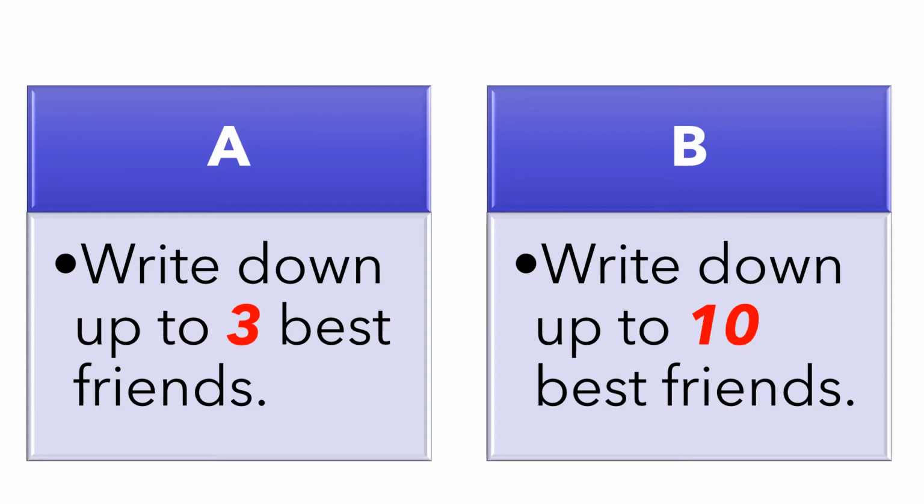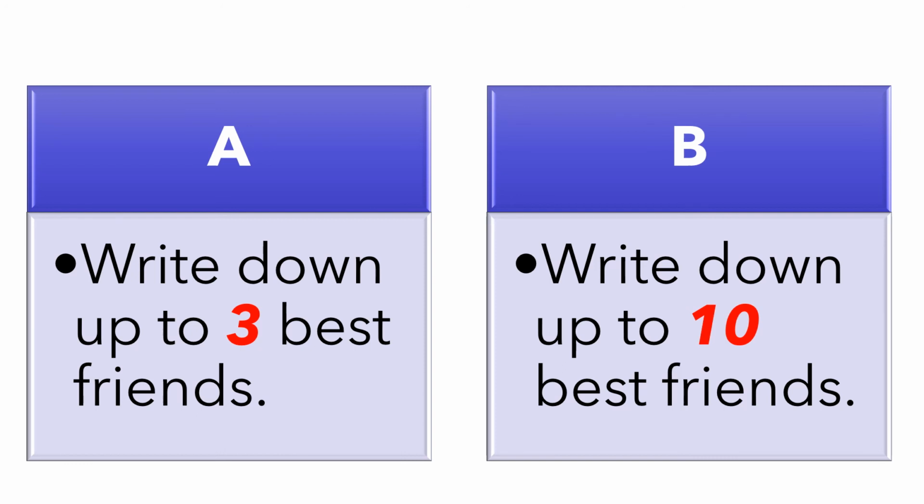The third cause of missing data is fixed choice effect. For example, you want to study a friendship network in which every node may have anywhere between 1 to 10 friends. You ask your research participants to make nominations only up to some fixed number. Here are two options. In option A, you ask the participants to write down up to 3 best friends. You use the data to create network A.